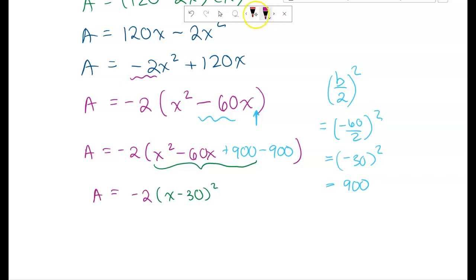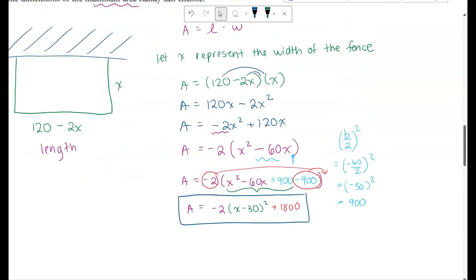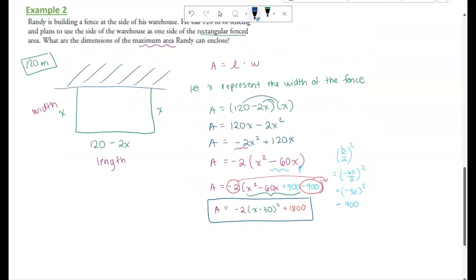And now, don't forget that this -900 is inside the bracket, so I need to kick it out by multiplying it with the a value. So -2 times -900 would give me a positive 1800. And so therefore now I have my vertex form. So that means the vertex is going to be